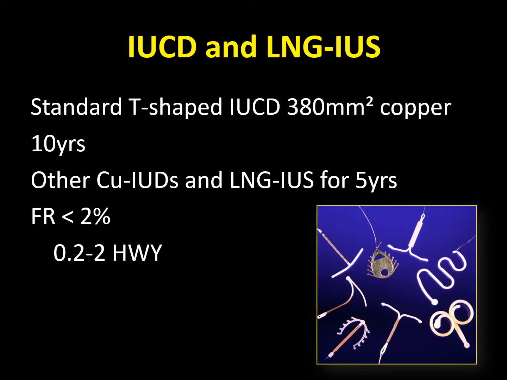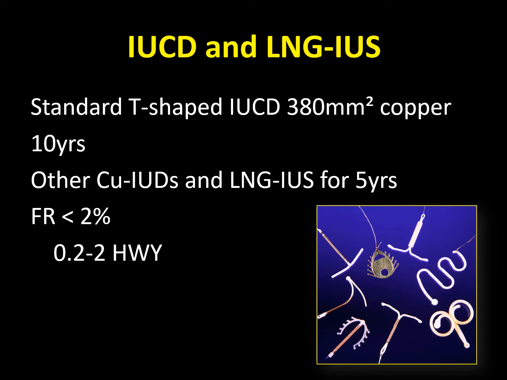Intrauterine contraceptive device, copper IUCD, coil or loop. The standard T-shaped IUCD is made of a T-shaped plastic covered by copper. The surface area of copper is different between different types. The standard one has 380 square millimeters of copper, and this can be left in for 10 years. It has a thread at the bottom for the IUCD to be followed later on, to check that it is still in place, and to remove it easily.